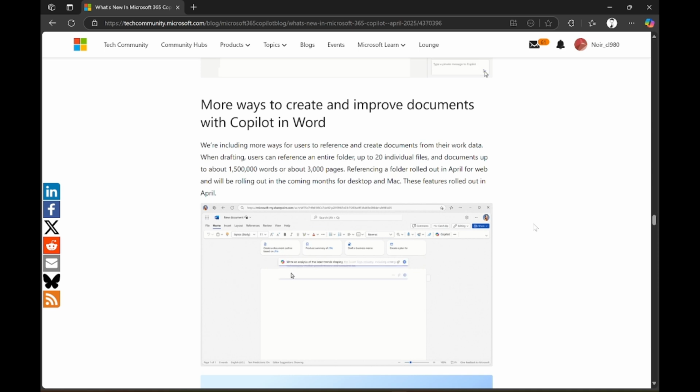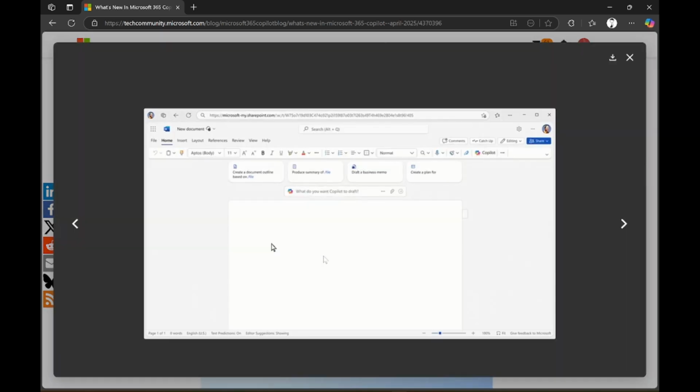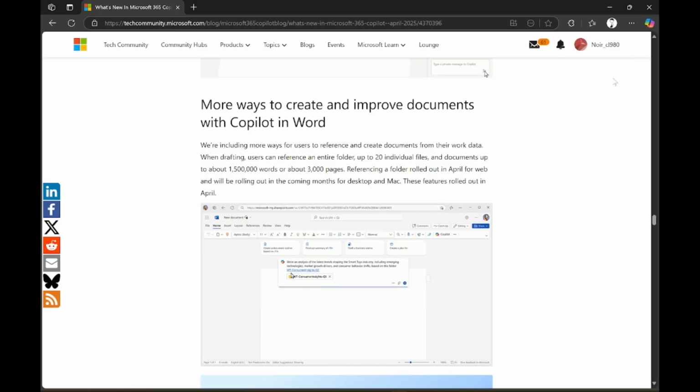Back to Word, the Word team has expanded the capabilities of Copilot inside Word. There's a lot of news. So the first one, and the most important for me, is being able now to reference an entire folder for your documents. And this folder can contain up to 20 individual files. Those files can sum up no more than 1.5 million words, which is about 3,000 pages, which means